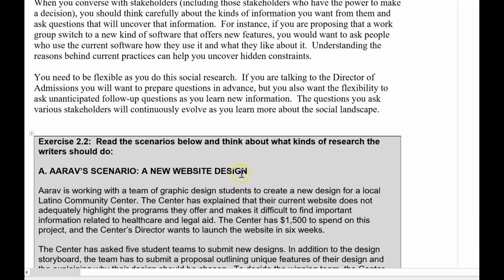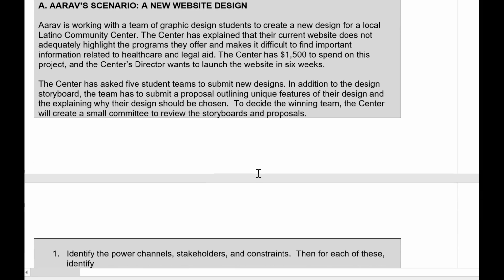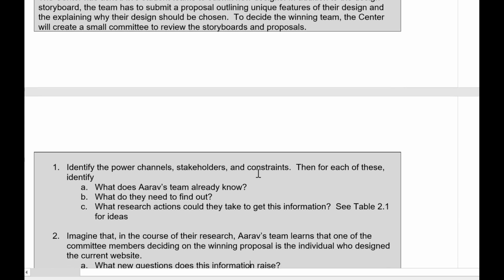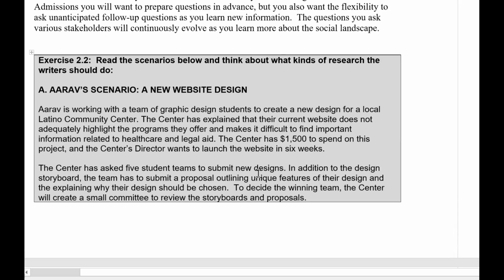So let me just show you from chapter 2 what I've been doing here. So here's an exercise I have, and in this book, for various reasons, I think maybe some of these chapters, the exercises will probably be as much as the talking text in terms of volume. So I took these scenarios here, and actually it's good for you to look at them so that we don't duplicate scenarios. So this is from your document here. And the goal I have here is to just brainstorm what kinds of research could be done. What could you find out?